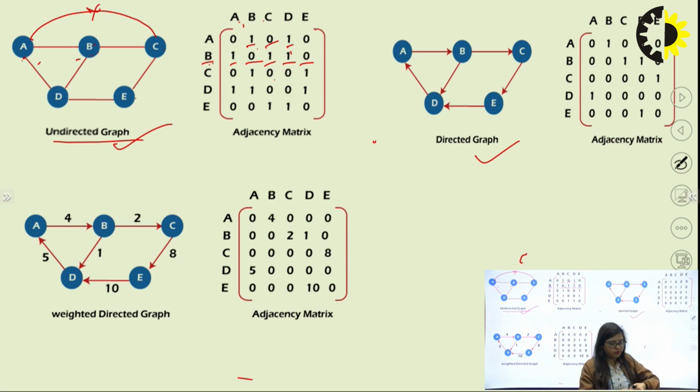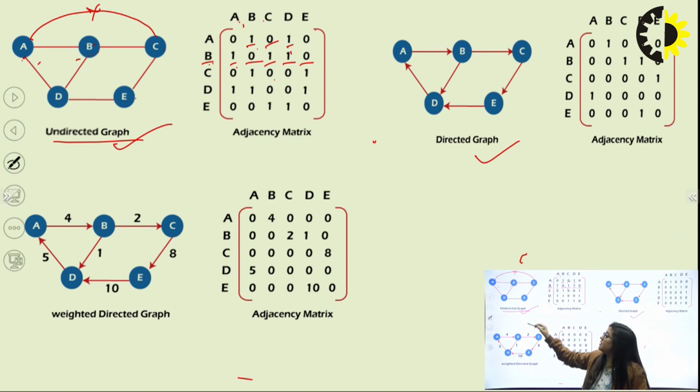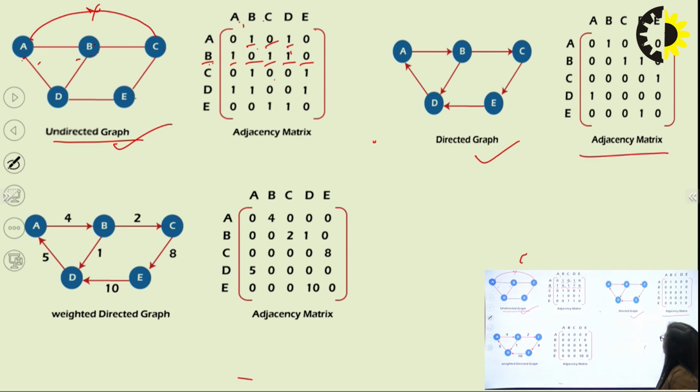So you can only reach A to B directly, but you can't reach B to A. So now, represent here A to B as 1 because you can directly move, but you cannot move B to A, so there is 0. Here, in an undirected graph, there would be 1, because you can move in both directions. But here it is a directed graph, so you can only move in the one direction where the edge is given. So this is the matrix representation of this directed graph.